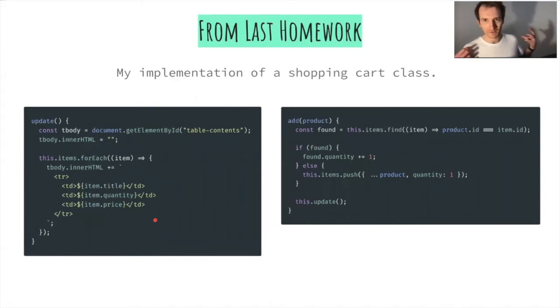Essentially, we had a class of a shopping cart, and that shopping cart had different methods, one for adding a product to our cart, and one for actually updating what was rendered on the screen. And basically, every time we added something new, this code would run updating everything, and we'd be changing the title, quantity, and price depending on which item in our cart's array of items we were looking at. And in the end, this implementation isn't too far away from how React works, except React makes it a little